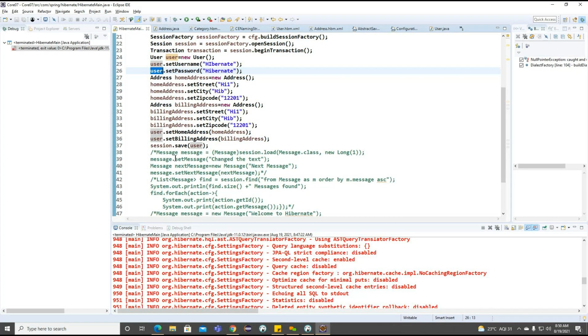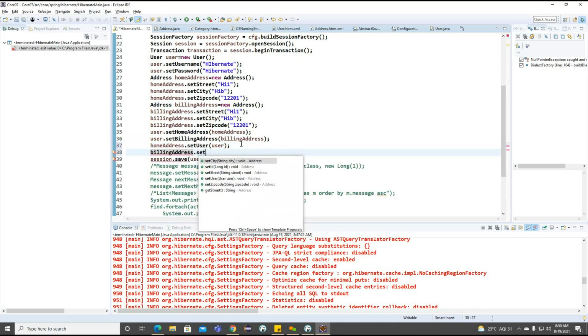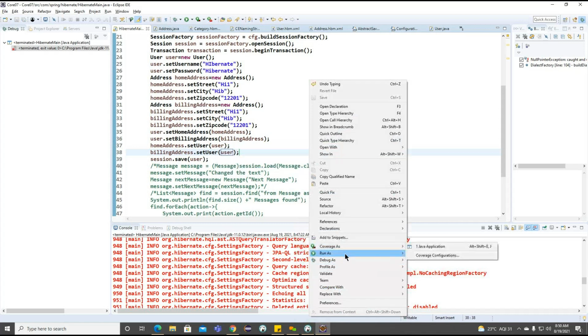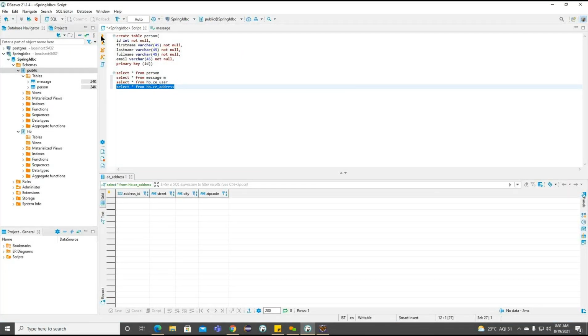User, and set user. No data is inserted.